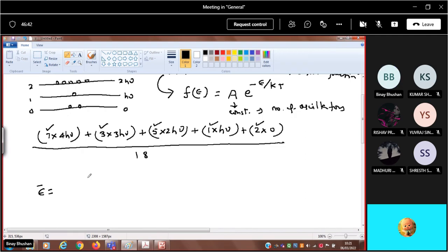Madhuri, can you tell? Yes, sir. Just on this pattern we have to write. Suraj? Total oscillator into